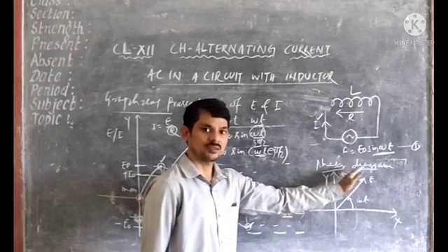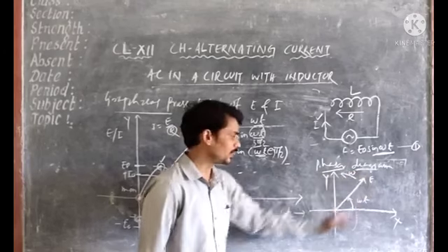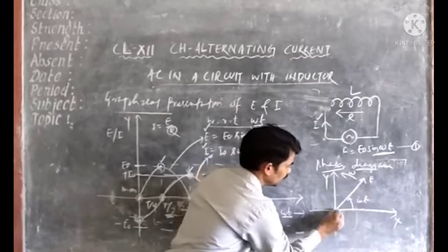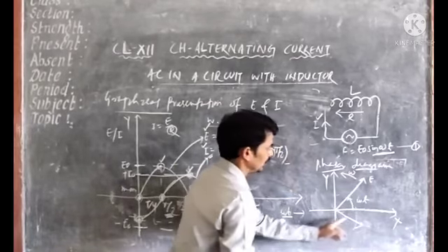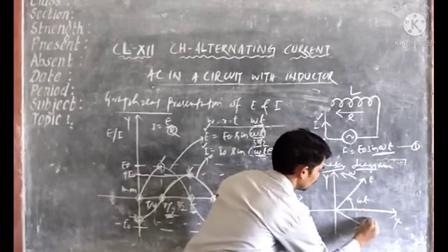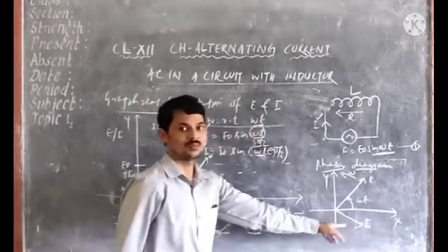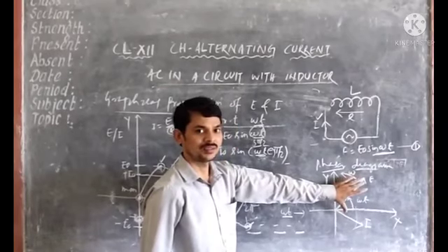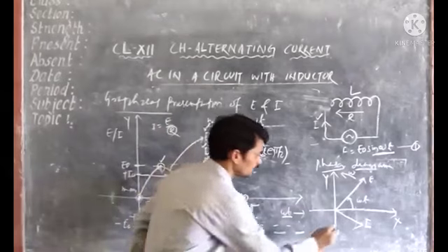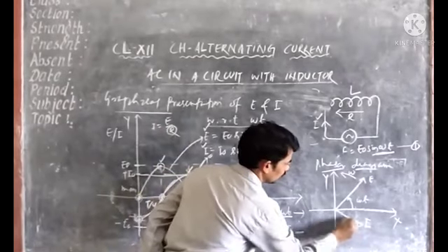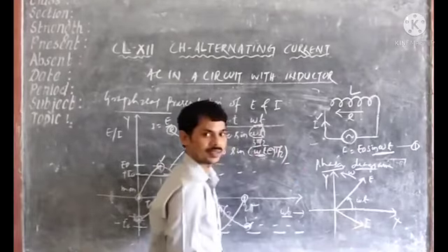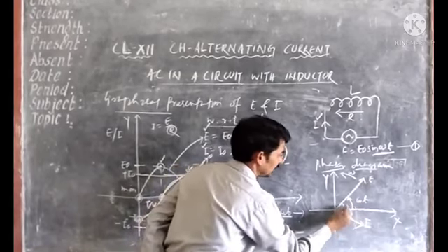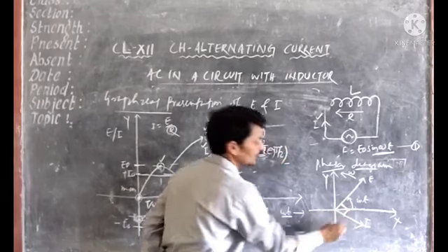But you have to represent what is behind the alternating EMF, so we will represent that on the clockwise side. Means when we represent this one here, the length of the current will be smaller, because you know this length represents the maximum value of the phasor. So this will represent the current then, and the angle between E and I will be 90 degrees. So you draw these in such a way that this will appear to be